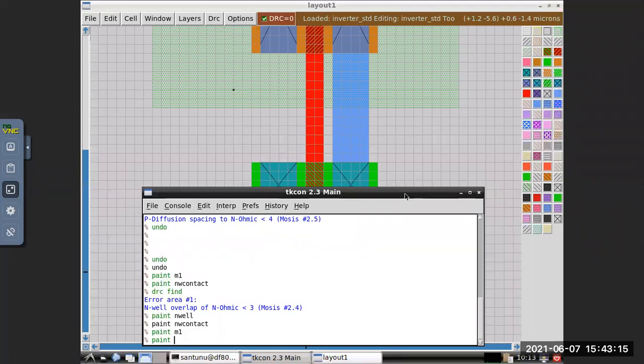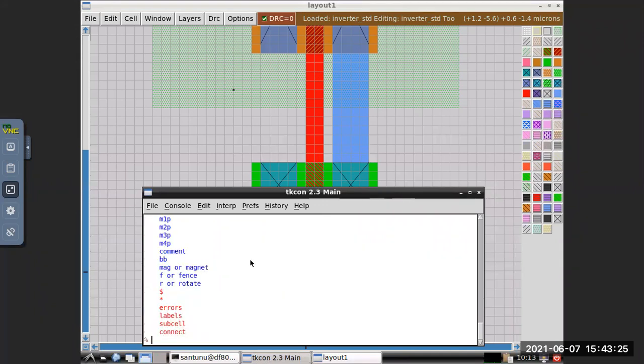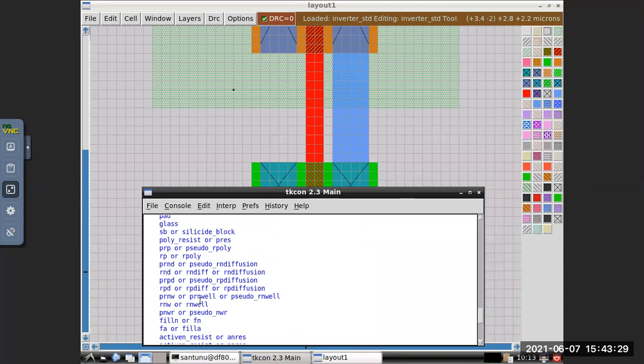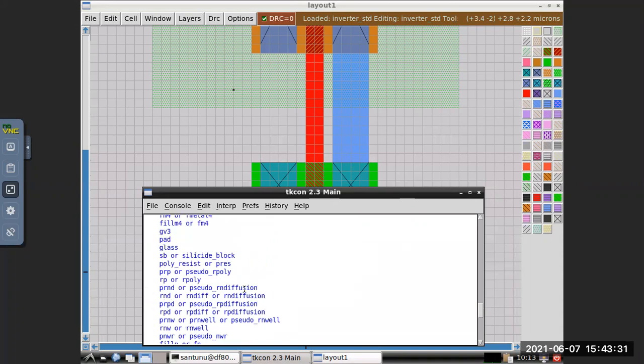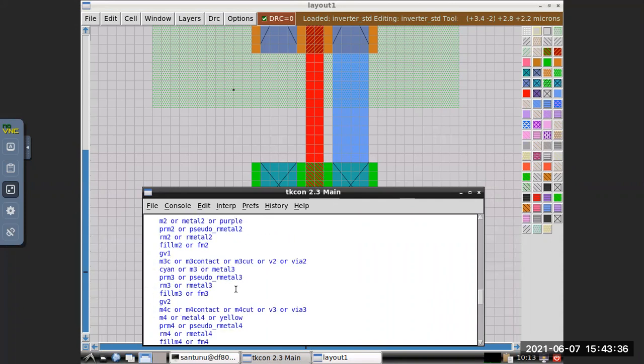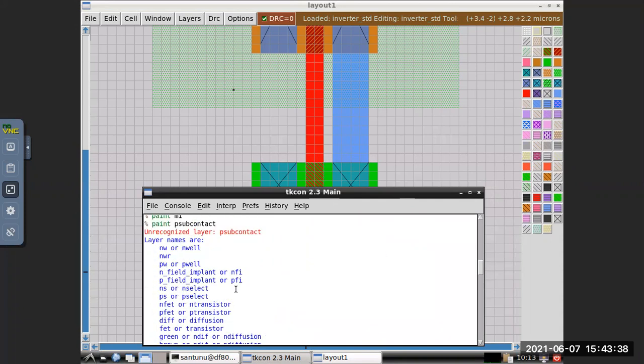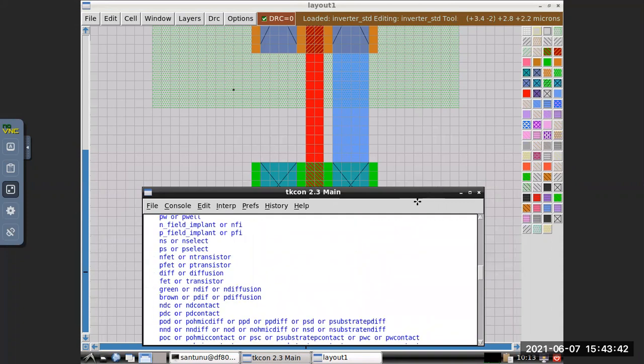See, those who are not doing, at least give the answer. So there is no P contact, but we have to put POL contact. So it will be P substrate P contact.